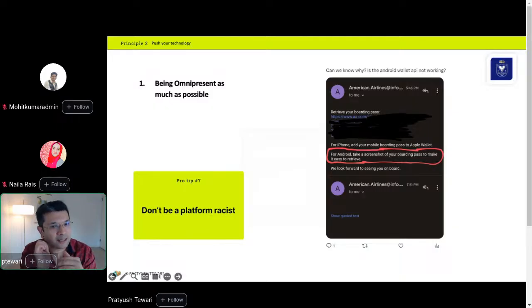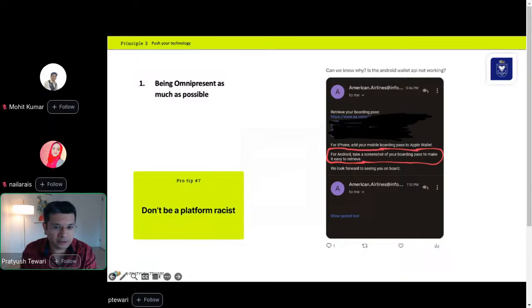Now, this is an example from American Airlines. They have wallet support on iPhone, but they don't have any wallet support for their boarding passes on Android phones, even though 60-70% of their users use Android phones. And it's been 10 years, they have not even pursued creating a boarding pass on Android phones. There is technologically no blocker from the Android side to make this happen. There are other airlines that have done so. Why not American Airlines? It's just their priorities are different.